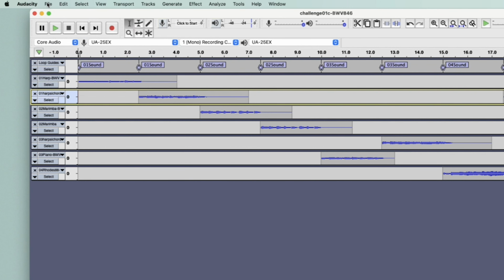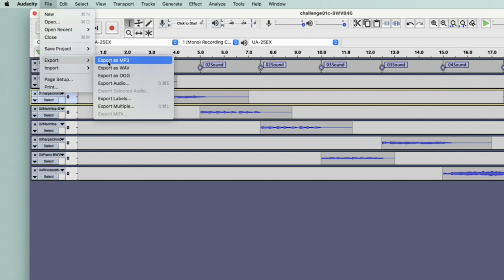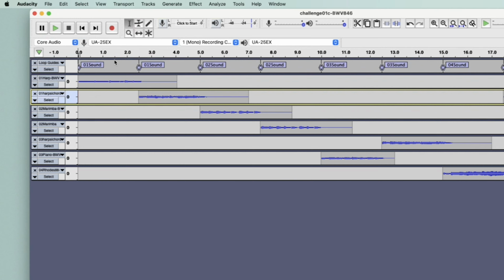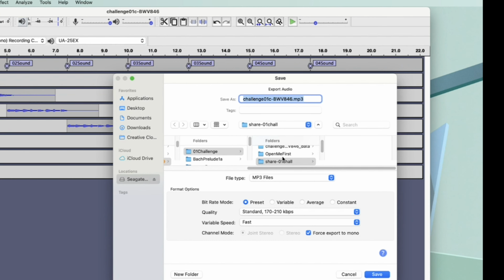To share, we go to File, Export, MP3, and then we have to go to here, which is the challenge folder. Share, Chow 1, it's always a share folder, and then I'm going to title it. The title of the share is always going to be the title of the file up here, and I want to change that to